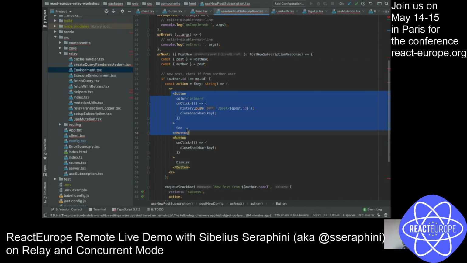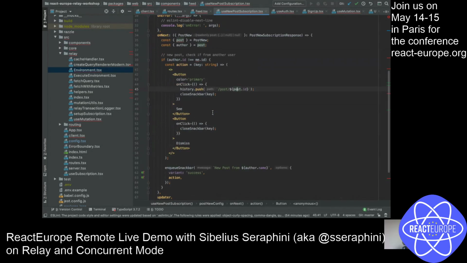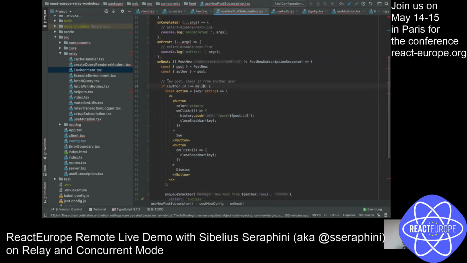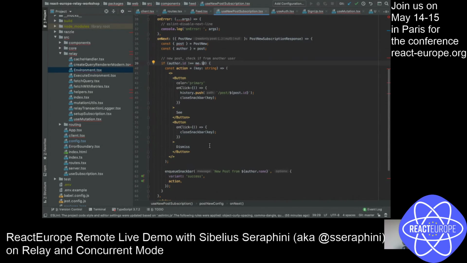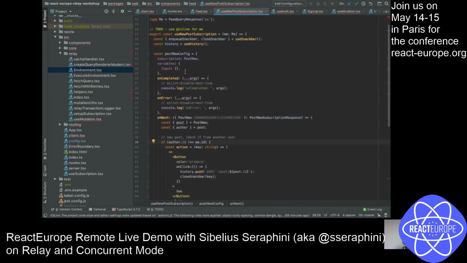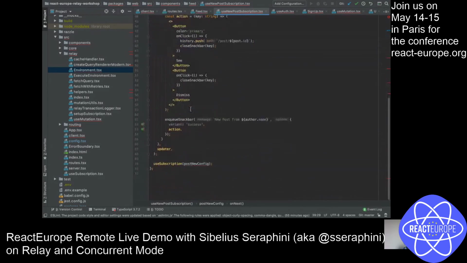I'm going to show see and dismiss. So if you want to see details of this post, you just click see and go to the route of the post. I do a logic here to make sure we're not getting this message if the post is from myself. If I post it myself, I don't want to see this.